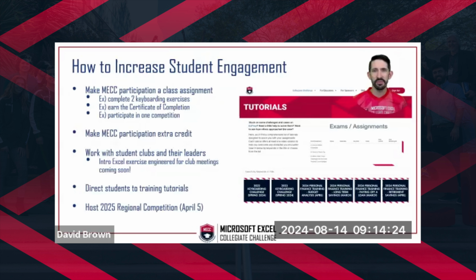The biggest thing is making it an assignment in class or extra credit. I have tried both. When I, as the financial modeling professor and the person that founded the MECC, offer it as extra credit, I still get about 25% to maybe a third of my students to do it. So it's somewhat effective, but not amazing. This year, I'm actually going to make it an assignment for all my classes. I have a couple different ways I'm doing those assignments.